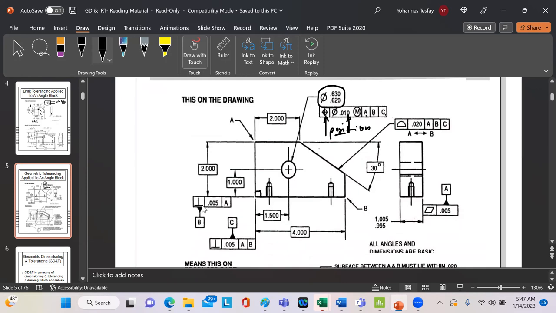So how are we going to represent it? This is perpendicularity, perpendicularity with respect to datum B. Okay, we are going to look at, this is datum B, B is this axis. All the information on this axis. And A is every information on this axis, because A is there and C is on the other axis. So the perpendicularity on this part is going to be